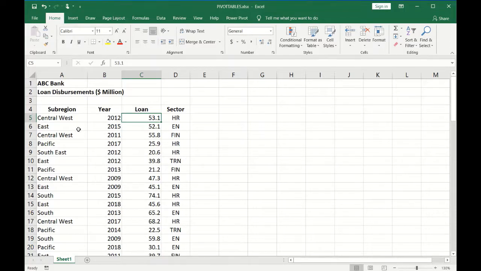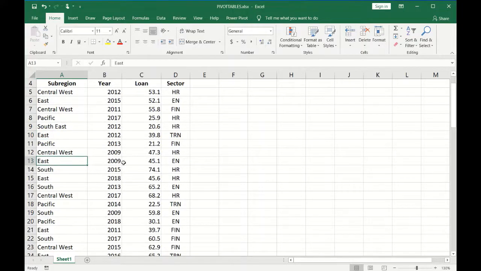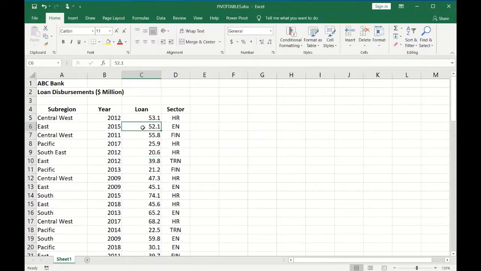So basically, just to understand what this data is, it's loan disbursements. And these amounts are in the millions of dollars. Okay. And what we'd like to do is to prepare summaries for this data. So for example, I want to look at all the disbursements that were made for the East region. And it's kind of hard to look at this right now because I have East right here, East right there, and East right here. And if I want to summarize all that, to aggregate all these amounts for the East region,